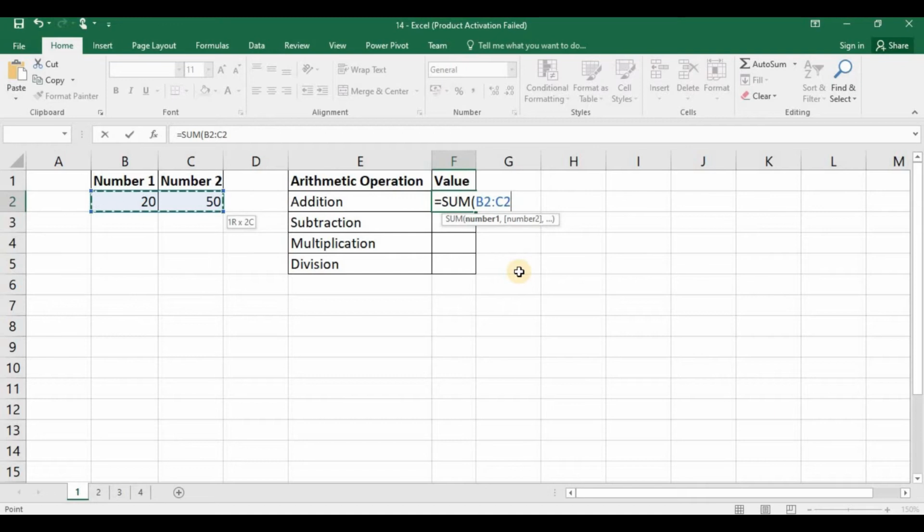See, the selection is spreading. Do this till the end where the last cell is located. Close the round brace. Press enter. See, the summation has been done for these values. In these braces, you can see the range we have selected. So the range will be shown like this: first cell and last cell separated with a colon symbol.